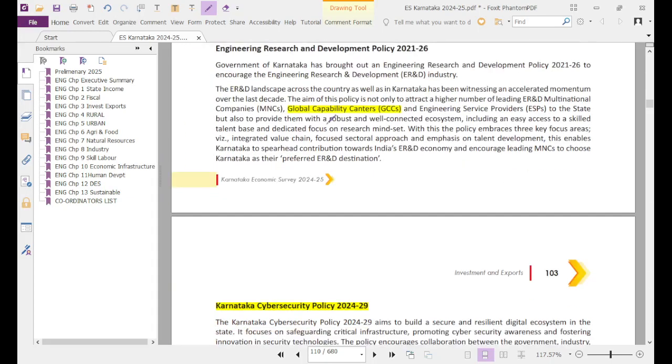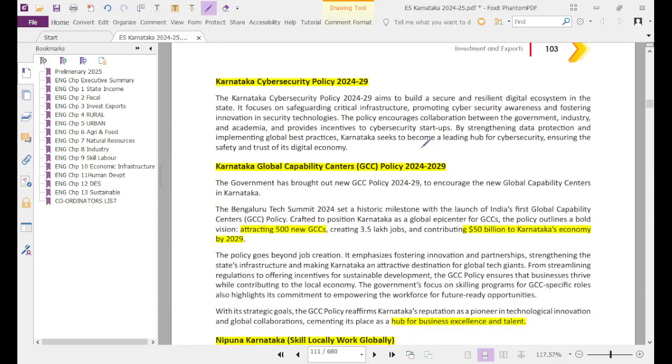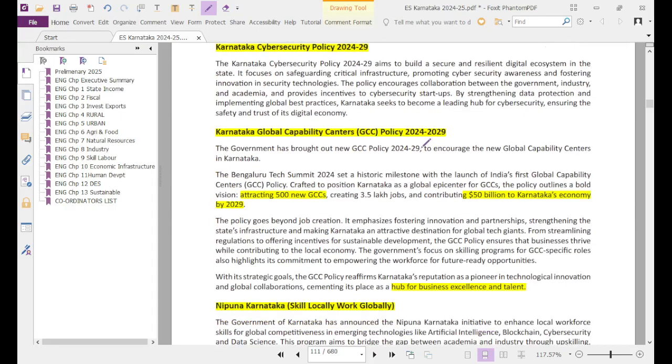We discussed that global capability centers are also called global technology centers. There is a push to attract many more companies to drive the growth. This we discussed. This is the new Karnataka Global Capability Centers policy. See, this is very important. You can quote this also, right? Which is